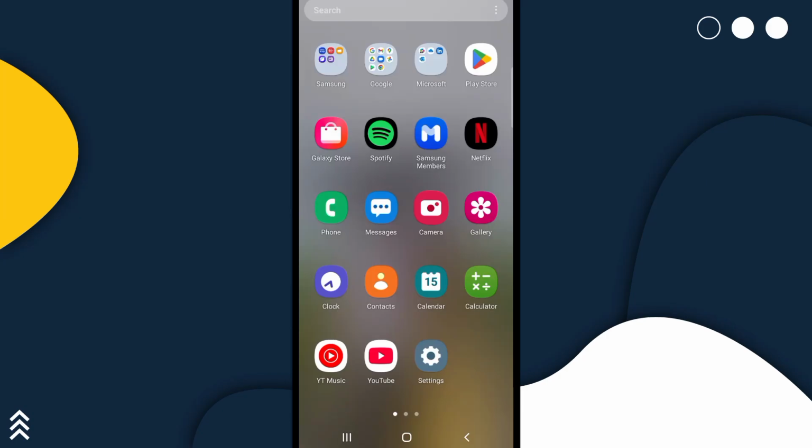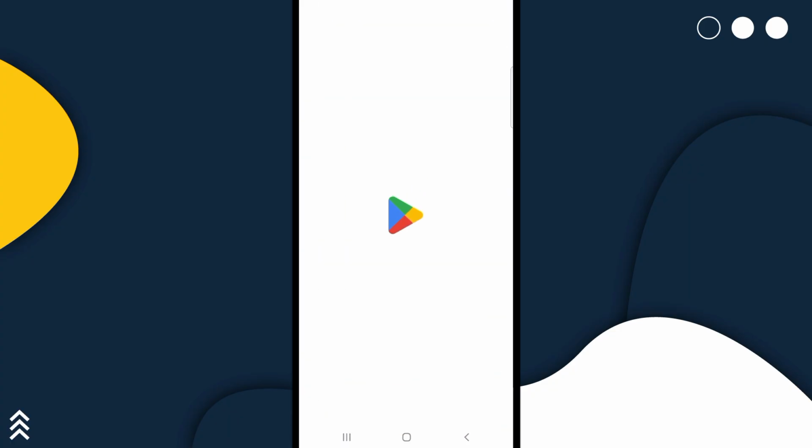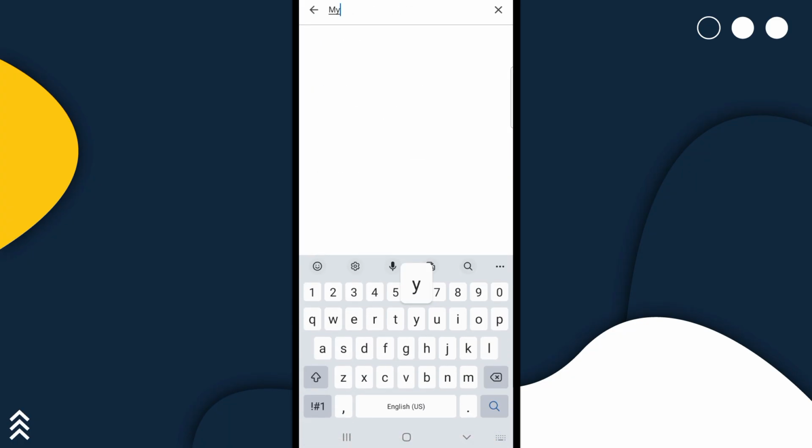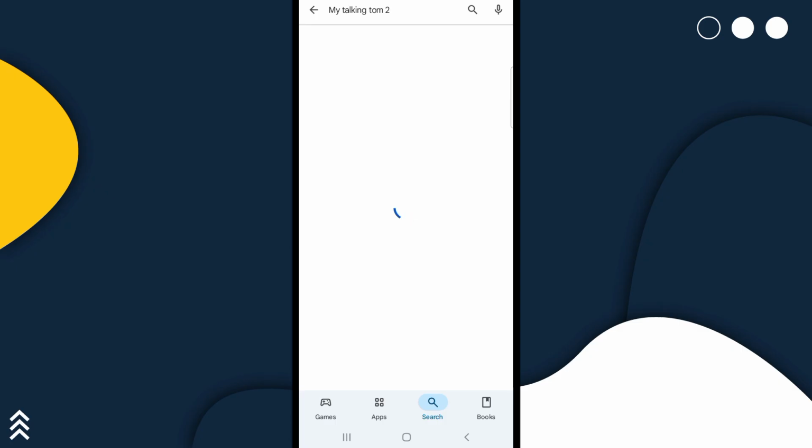I'm gonna show you how to install My Talking Tom 2 plus Relax Beats app on your mobile devices. So to get started, you have to open your Google Play Store or App Store first. And then once you're there, you just have to type in or search My Talking Tom 2. And then once you locate My Talking Tom 2, all you have to do is just click on install and